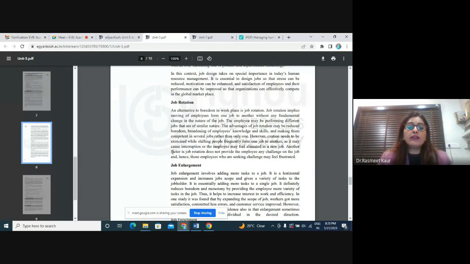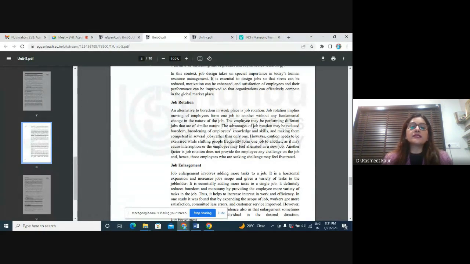This is also very beneficial because the employee performs different jobs, but he is then not master of all the jobs, because we say a jack of all trades and master of none. So he knows how to do different types of work which are done in the organization, but he does not have a specialization in any specific area because he's always rotated. Usually we find that in banks we practice job rotation.